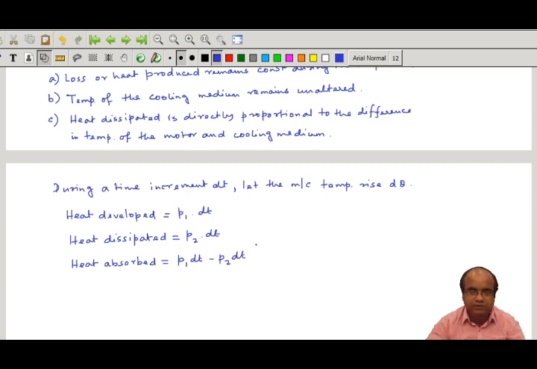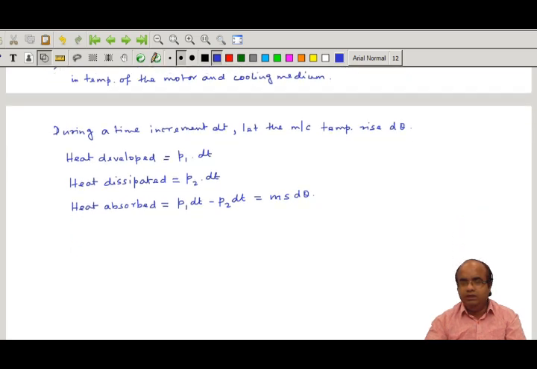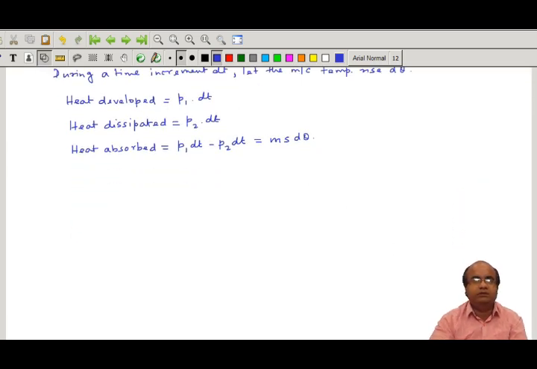That is, you can write M into S into d theta. Again, you can write the heat dissipation, that is P2 dt. Again, P2 dt you can write also